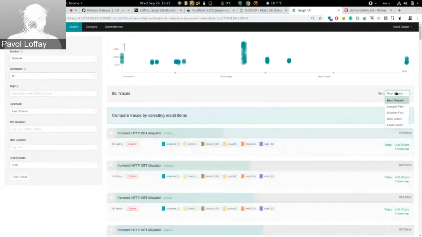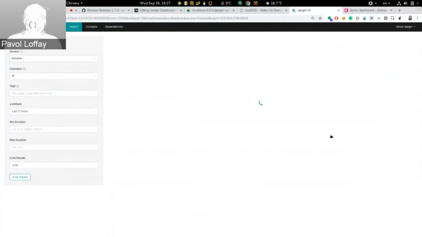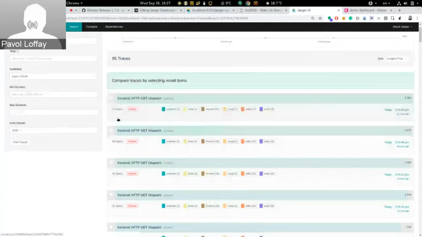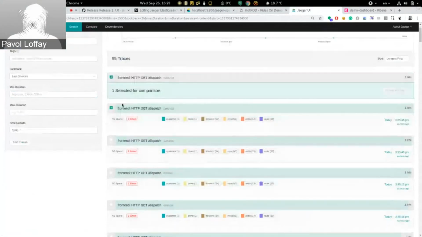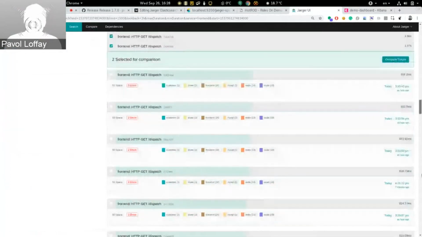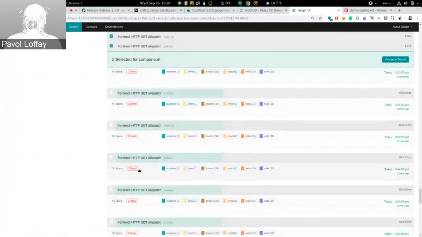So for example, let's order them also based on the duration, the longest first. And let's select, for example, this one. It contains 51 spans. This one 50. And a very short span with 51